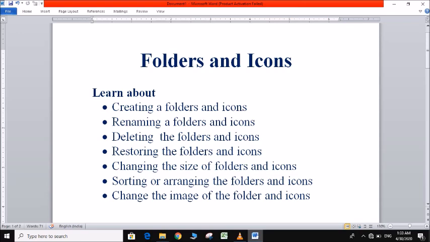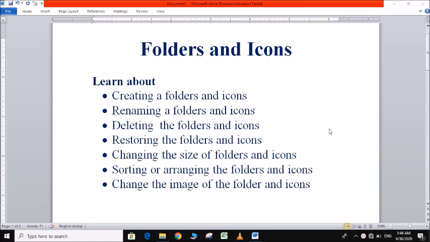Okay, so come to the icons. Icons are small pictures which represent a command, file or folder on the screen. With the help of these icons, we can recognize our items and quickly access various programs, files and folders. Icons are of different types, like predefined icons or system icons, which are created by the system, and user defined icons, which are created by the user. And the shortcut icons provide an alternative way to open programs, documents and folders.